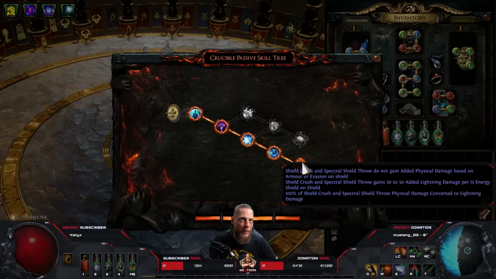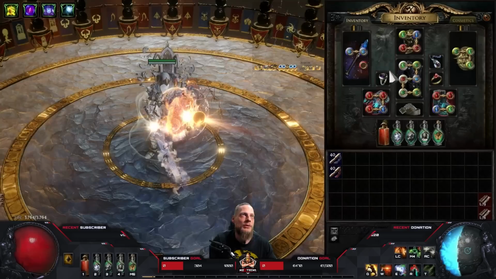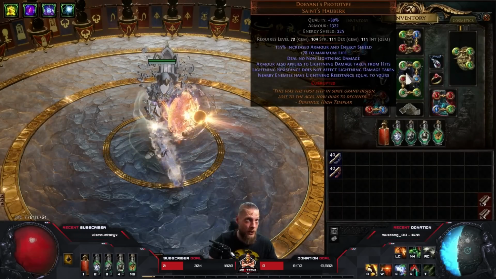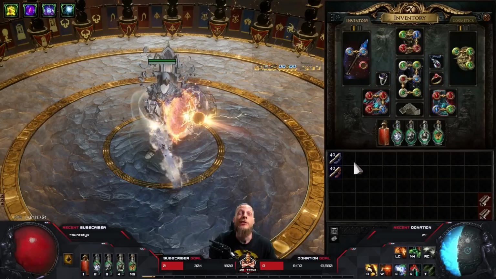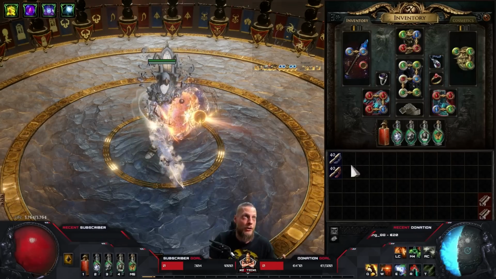I think the most common ones are the Cold Spectral Shield Throw Raiders, but I thought with this one you can make a pretty cool lightning based one, and then mix up something with a Doryani's Prototype and see how the journey will go. And honestly, I think this might be actually pretty crazy when it comes to the damage output slash throughput what